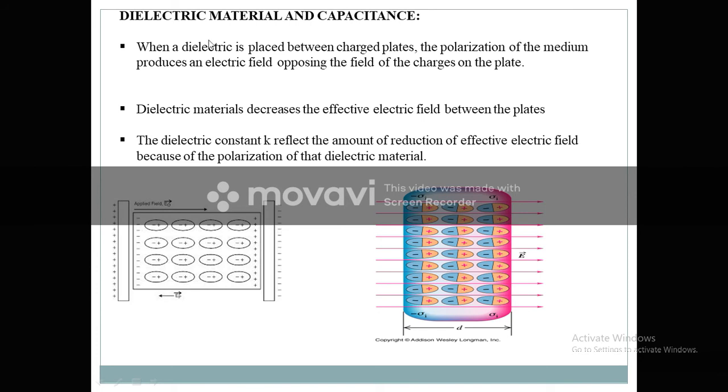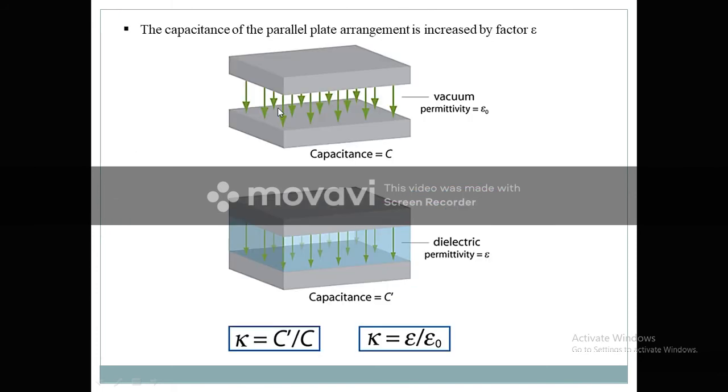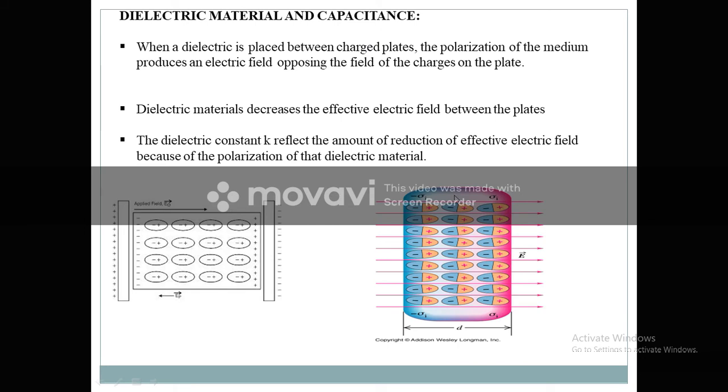Okay, so let's suppose we have a capacitor in which there is a vacuum between the two parallel plates of the capacitor. The permittivity of the vacuum is represented by epsilon naught, which is equal to 1. Now if you replace the vacuum or the air with some dielectric material, it has the property of polarization; it gets polarized when placed in an electric field.